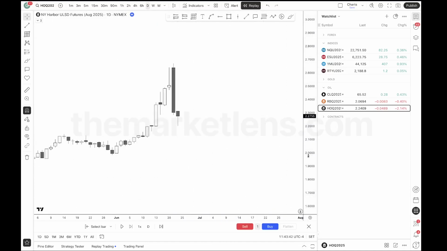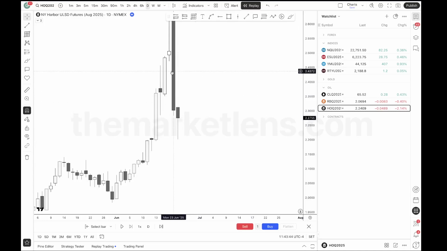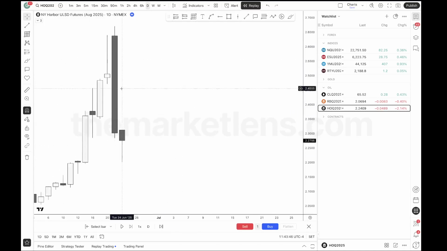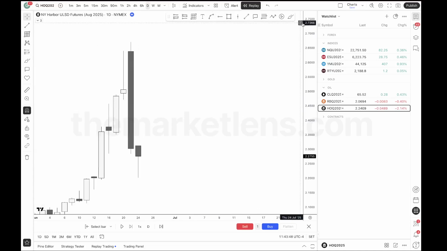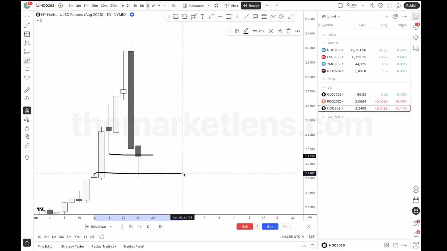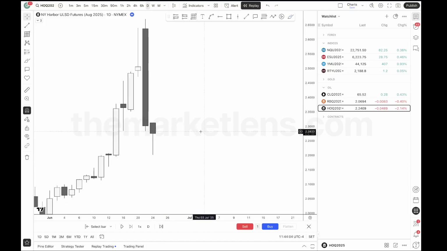So given the closure here, because I skipped Tuesday, I skipped Monday as well, because same thing, they're just huge expansion. I typically do not want to trade in the same direction of a huge expansion like this. I'd rather trade back into the range. So what do I need to validate this fair value gap, or the weekly fair value gap? Not for reversal, but for at least retracement back in the weekly range, is some form of SMT.